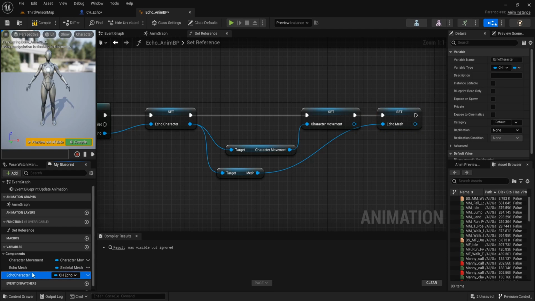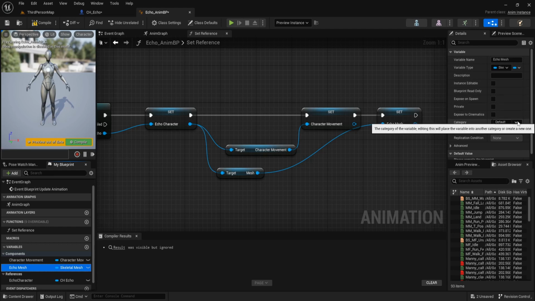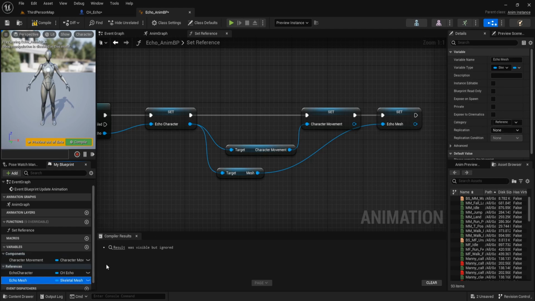And for our Echo character, we set the category to reference. And this Echo mesh, change it to reference. And character movement is our reference too.